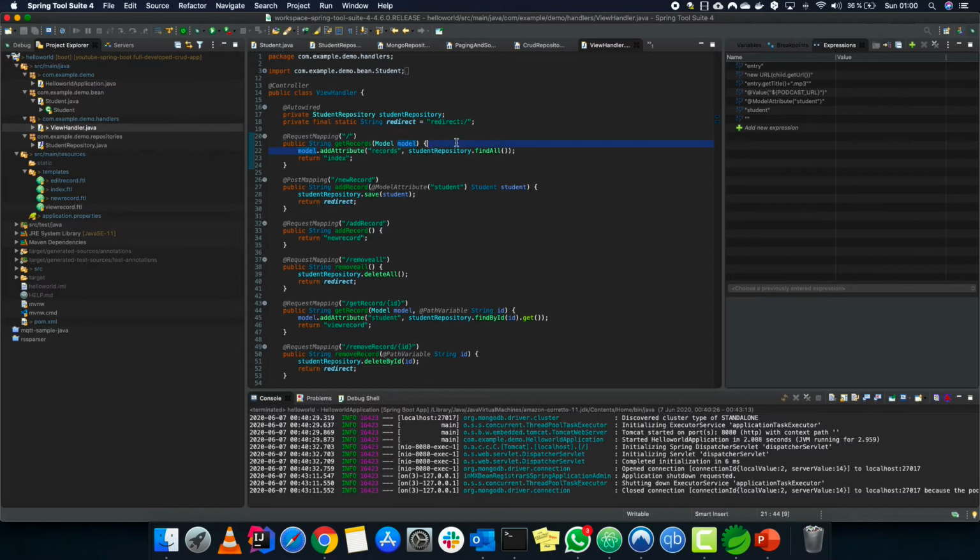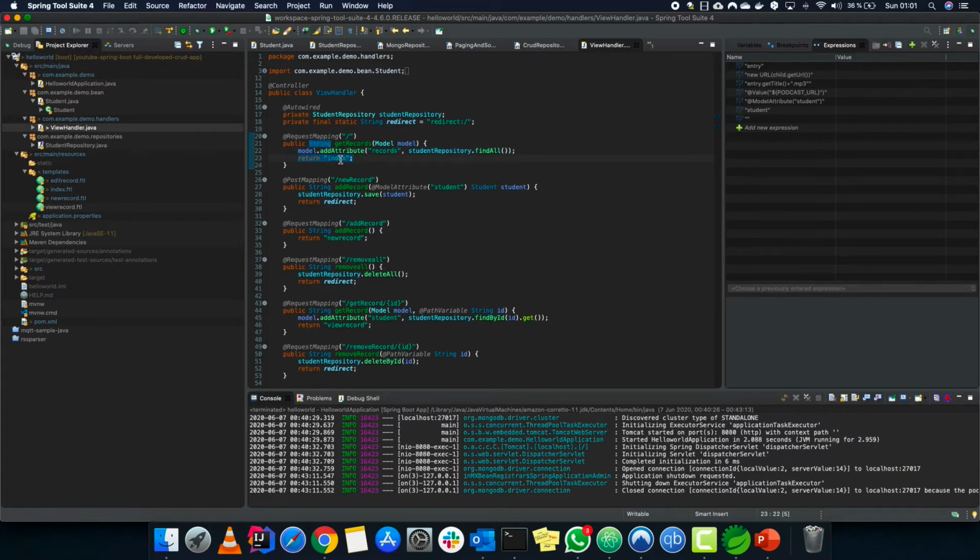We don't add into index, sorry. What we do is create a model and then add an attribute to the model named records, which contains all the records from the student repository. Afterwards, we return index.